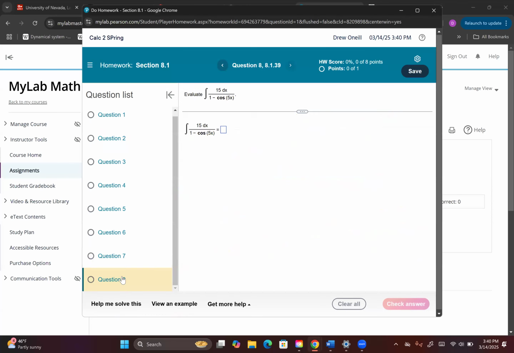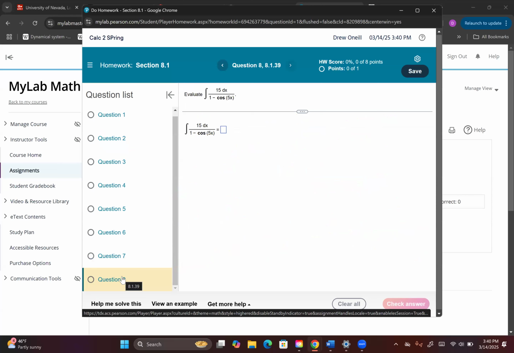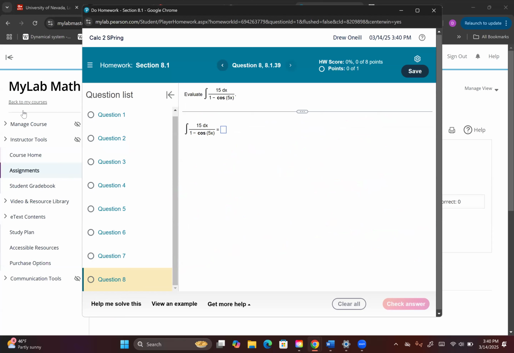The last one is funky, and I also stared at this for a sec. I had to kind of cheat and look at the help. It's not that I couldn't do it, it's just a weird one that I'm not used to. The way this is given to us, I thought it was some kind of weird trig identity when it's not. If you want to pause and think about how to do this, you multiply top and bottom by sort of the conjugate. And you do have to know some trig here. I'm not going to go crazy with trig in the course, but you do need to know it for this problem at least.